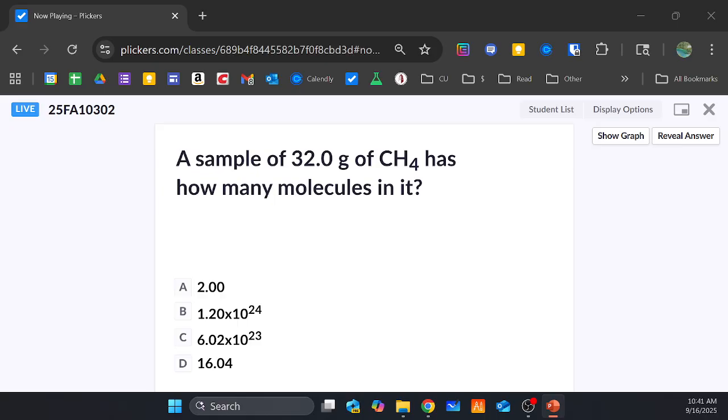Okay. And so we see up here, I just taught you something called molar mass, which relates grams to moles, right? And moles are packages of things. So in this case, a mole could be a package of molecules, right? Okay. And so what we need to do here is go up to our periodic table and ask, okay, what is the molar mass